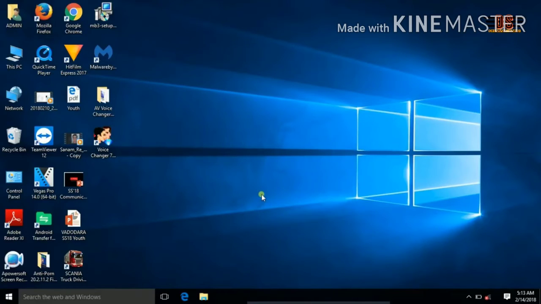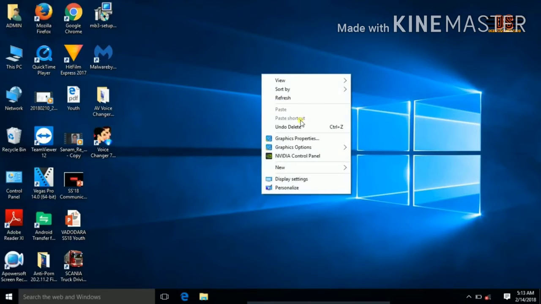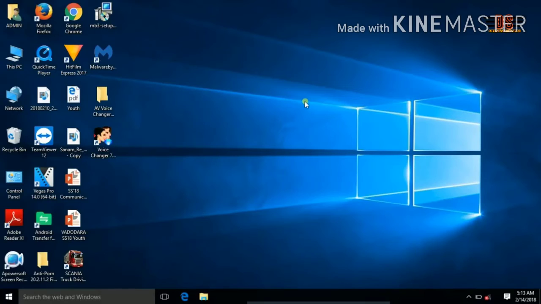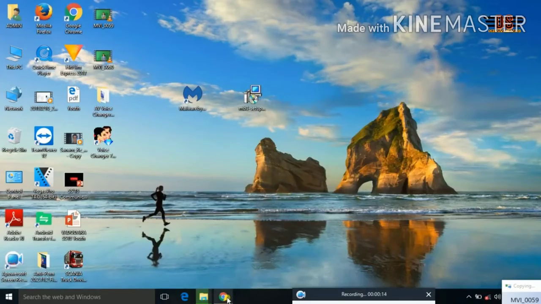Here one window will appear. Something is slow. By refreshing, that window contains so many viruses, that's why it's not opening. Actually this is a background process, it deletes our files, that's why it's not showing.